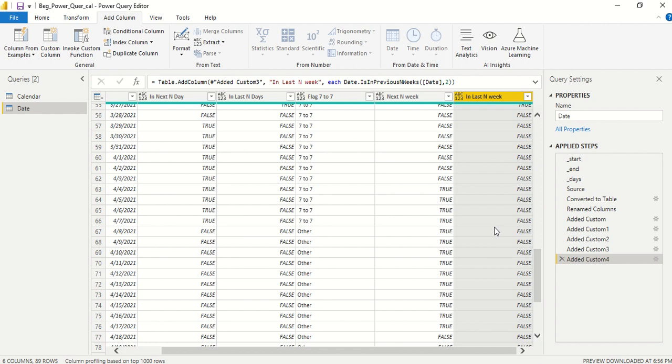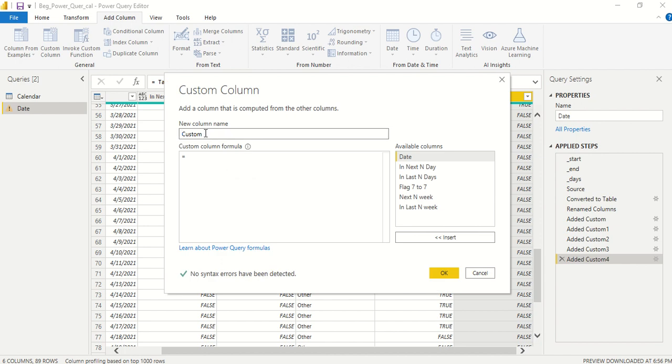Now what we can do is create a column where we can say this is 2 and 2, so a total of 5 weeks we are covering. That could be any number of weeks, whatever you need, you can go ahead and do it. So I can create a custom column where I can say weeks last 2 and next 2 including current week.